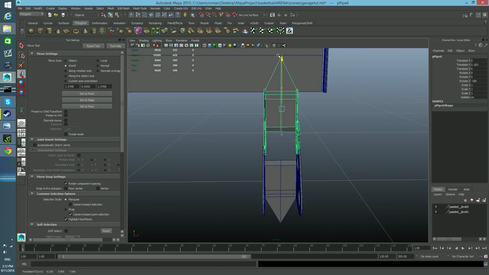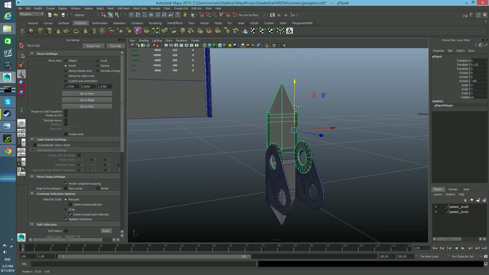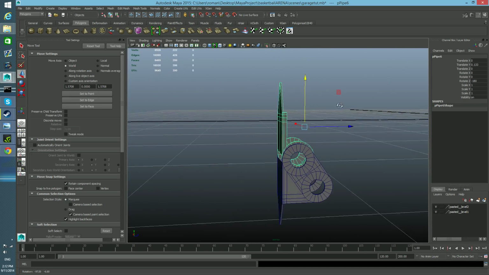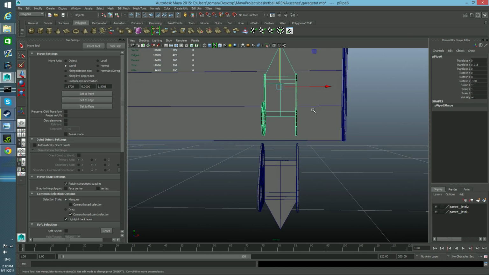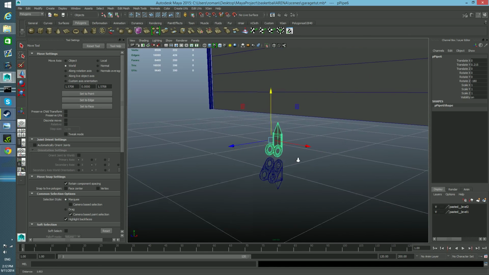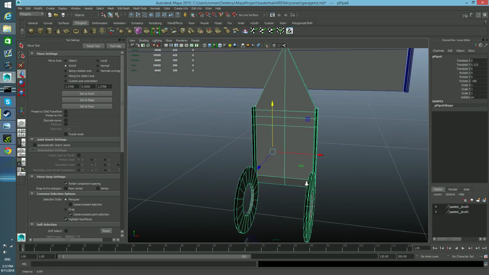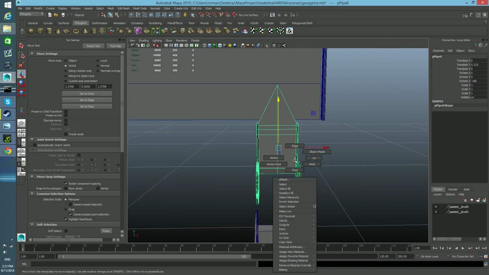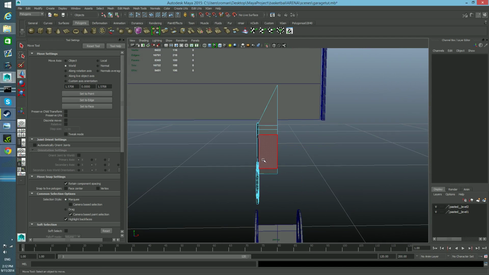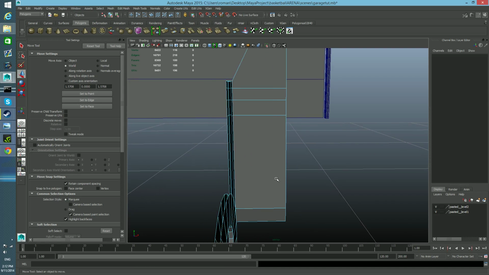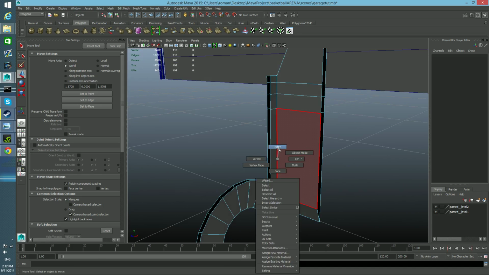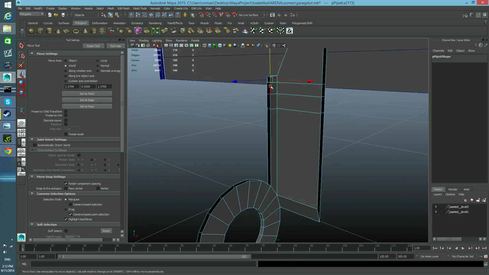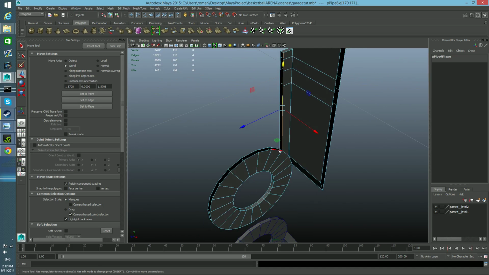I'm gonna bring this up a little bit. Let's see, bring this up. And let's press F to focus on it. I'm gonna, I don't know, delete half cut of this. I'm gonna keep this and choose this edge, this edge, this edge, this edge, and that edge, that edge. That way,